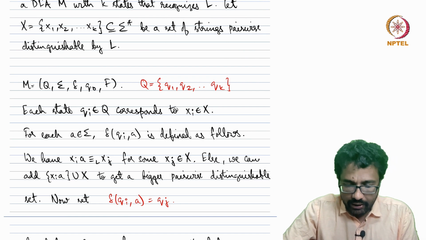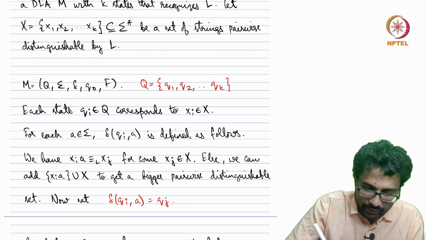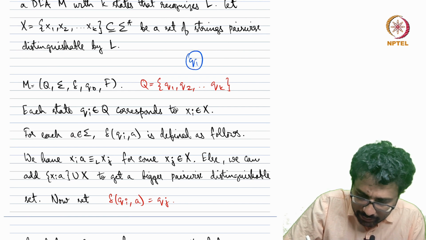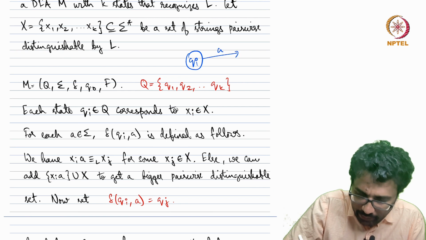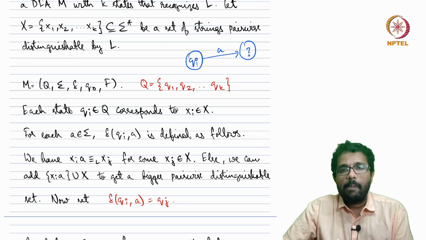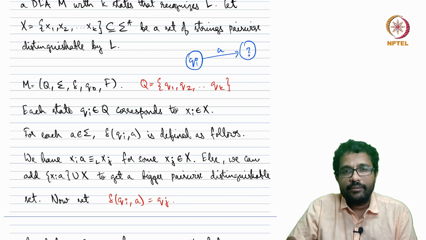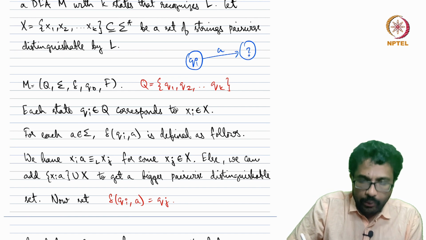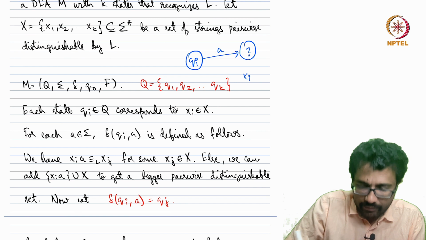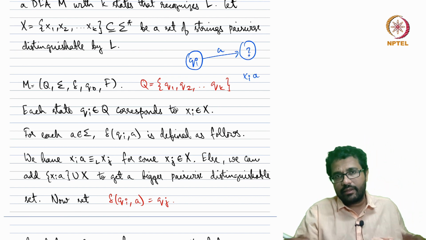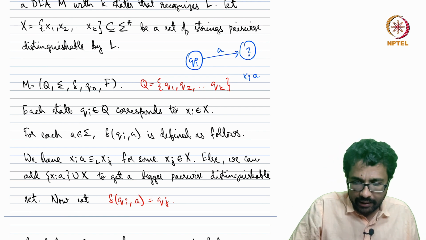Now the next thing we need to define is how the arrows are defined. Let us take Qi and then it sees a symbol A. Where do you end up? This is the question. So this transition needs to be defined. Notice that Qi corresponds to xi. So let us take xi and append A to xi. xi is some string, you append it, you get a bigger string. Now this string xia,